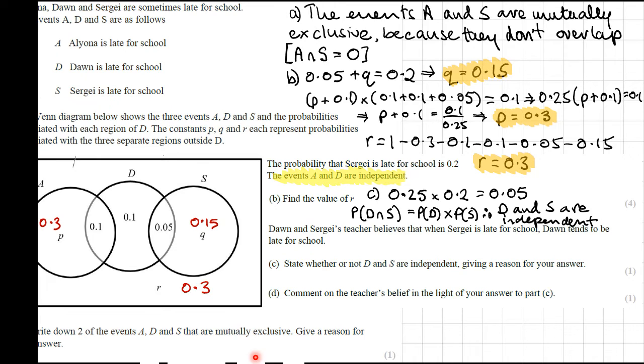And lastly, part D. Comment on the teacher's belief in the light of your answer to C. Well, if they're independent, that means that they don't affect each other. So we would expect actually that when Dawn is late, Sergey is not affected by that. So for part D, we can talk about her belief. So the teacher's belief is not correct